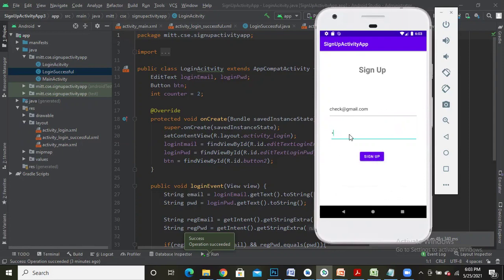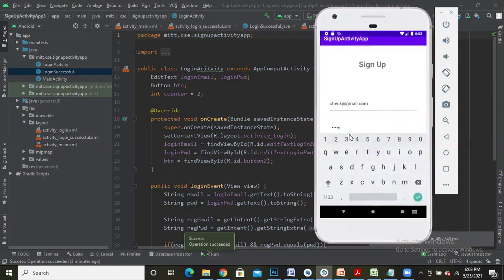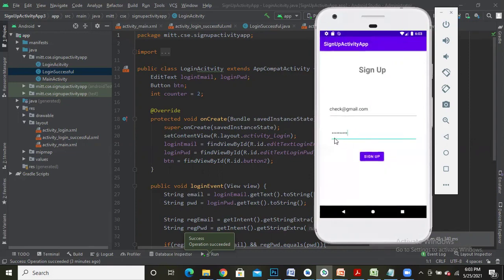Now suppose I enter a password which does not have an uppercase. In my password, I have a lowercase, a special character, and a digit, but I don't have an uppercase, and the length is more than 8.